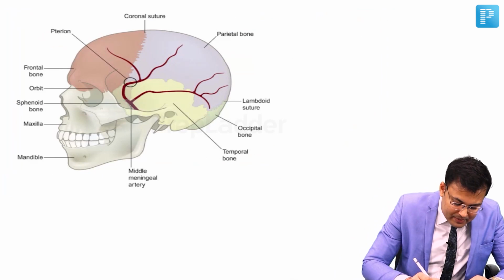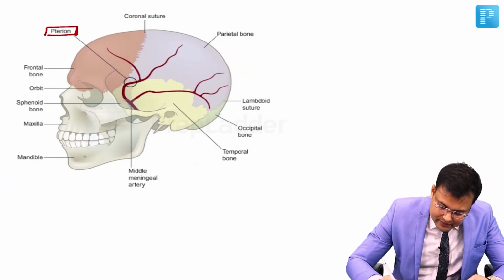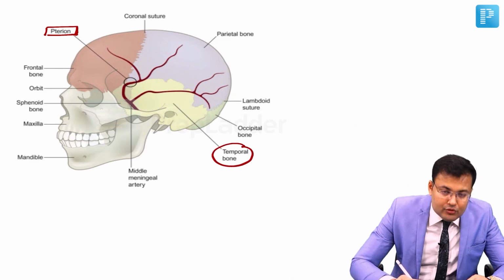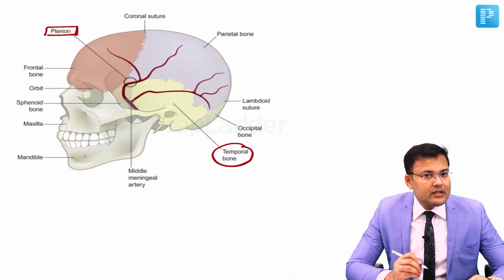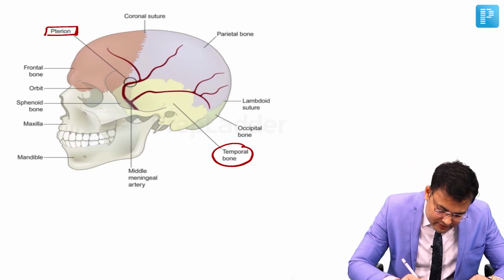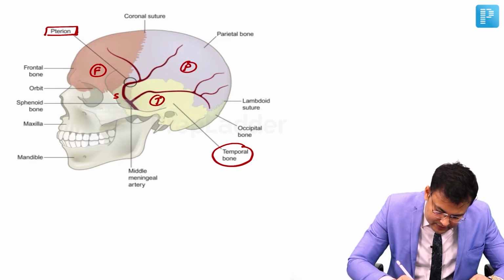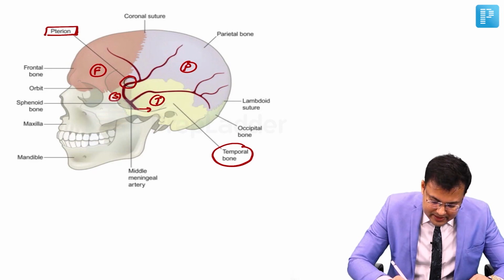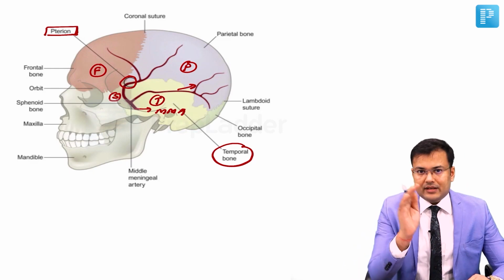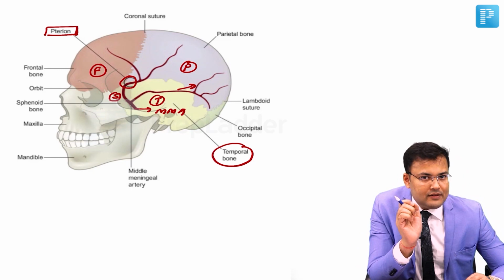Now see another landmark. This is the pterion, and generally it is located in which bone? It's a part of the temporal bone. But if you notice this point, pterion, here there is convergence of sutures of which bones? Can you see here? There is convergence of sutures of frontal bone, parietal bone, temporal bone, and here sphenoid bone. This is the middle meningeal artery, right? This is the posterior division and this is the anterior division. Generally this anterior division is in close proximity to the pterion.